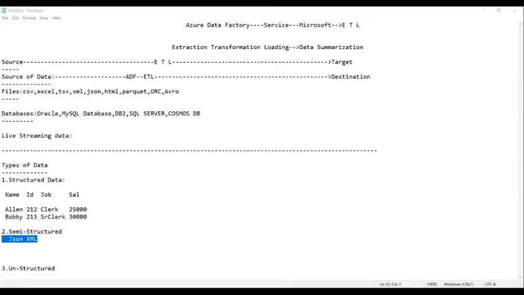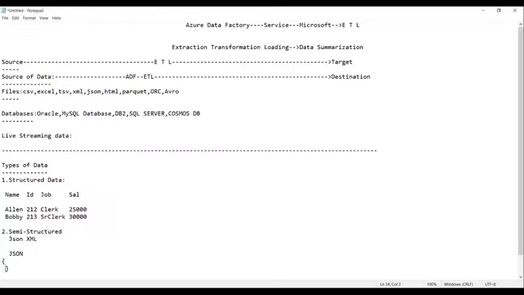Yes. Okay, guys. Now let us see how the data actually appears in a JSON file. In a JSON file, the data is recorded in the form of key-value pairs, and it will be recorded in curly braces.